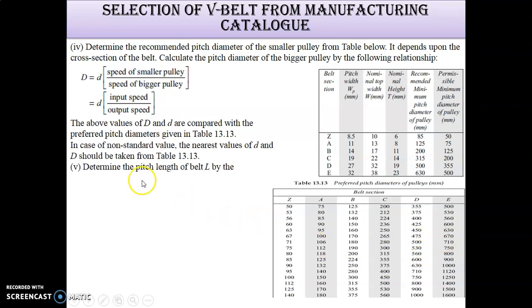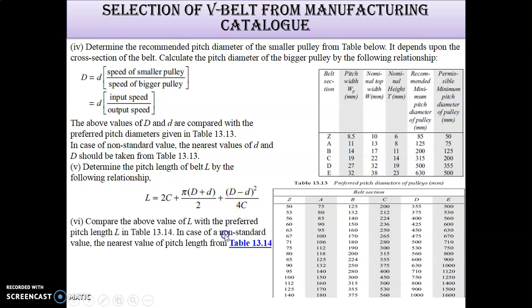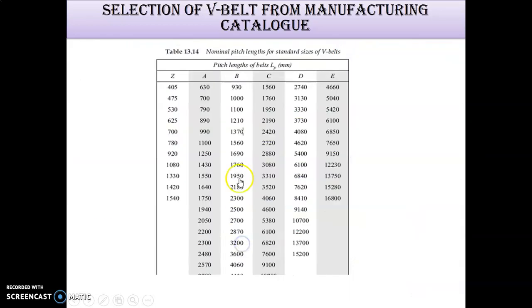Now the length of belt. Length of belt is calculated with the help of this equation. But here the length of V-belt is constant, that is the standard part. It is not as per our need. So the standard value is taken with the help of a table, and that is 13.14. So this is a table.